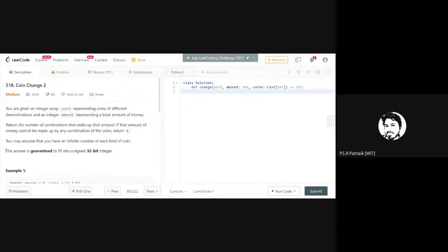Another sentence they have given is that the answer is guaranteed to fit into a 32-bit integer. It means that I need not do any modulo arithmetic. I hope you recall something called modulo arithmetic. When an answer exceeds a too big number, sometimes these programs ask you to print the output modulo 10 to the power of 9 plus 7, or some kind of modulo arithmetic. I hope those who have solved problems on this understand what exactly it is. If not, later you can go and learn the concept. So I need not do any tricky modulo arithmetic at this point.